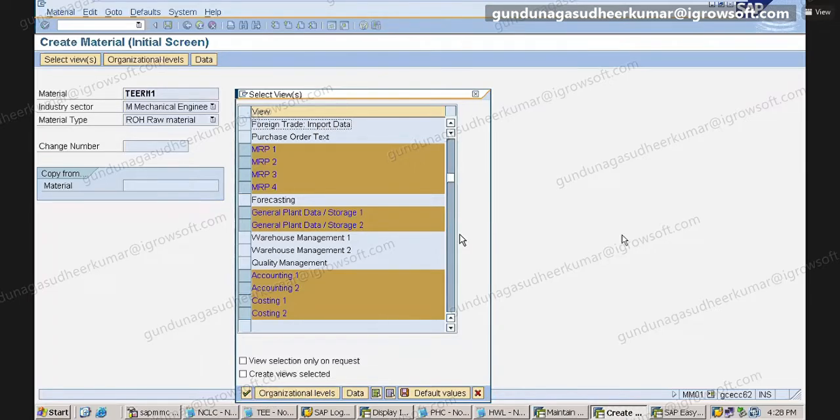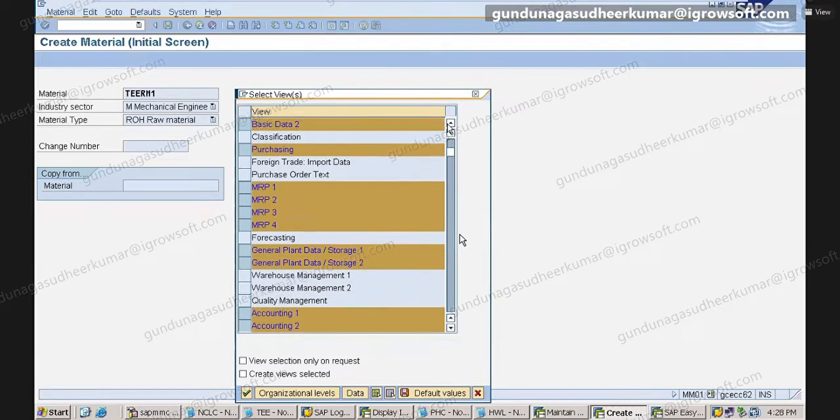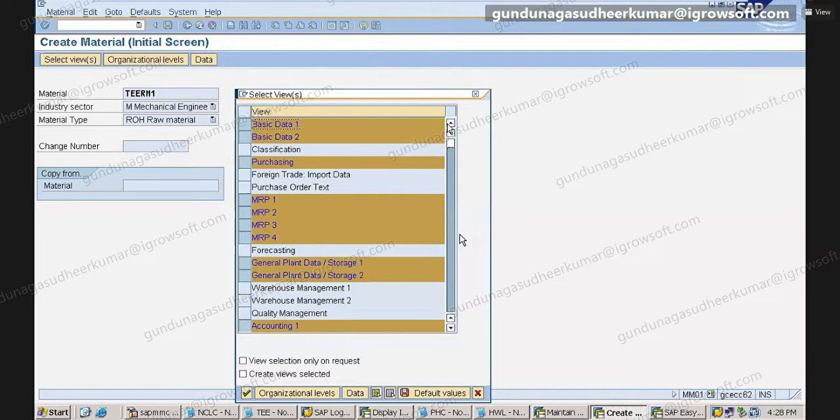Again, which views have you selected? I'll give you time. Basic data 1, basic data 2, purchasing tab. MRP 1 does not mean maximum retail price.